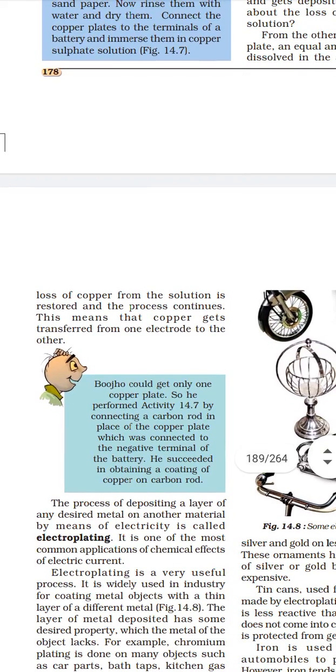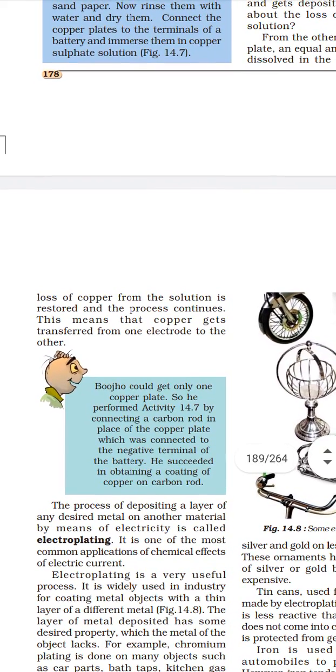The process of depositing a layer of any desired metal on another metal by means of electricity